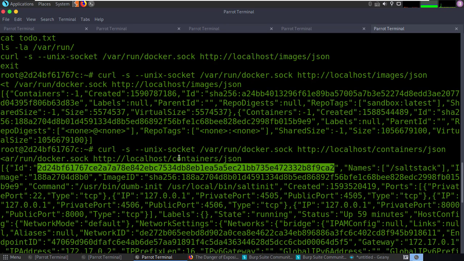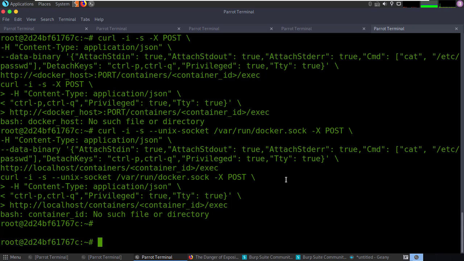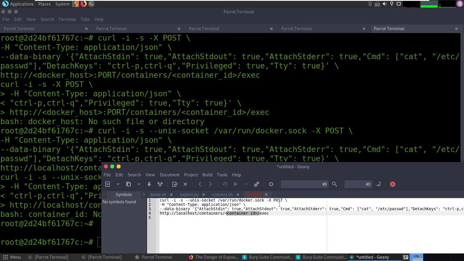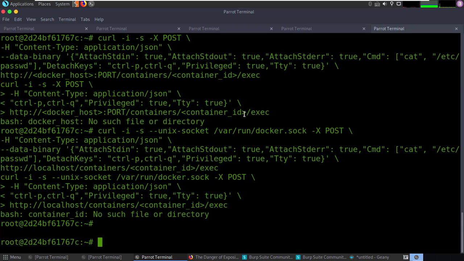When we said, give me the localhost containers JSON, this is the only one that came back. Yeah. That is the only one that came back. So we'll go ahead and copy and paste this. And this is the salt system we were just talking about. I will paste it in here, put a slash in there, and then when we paste it in this time,